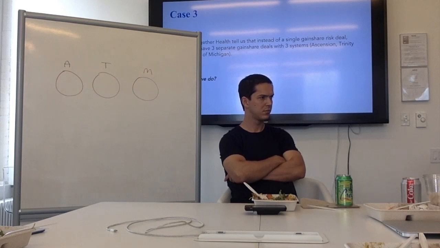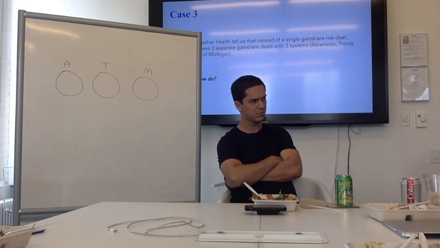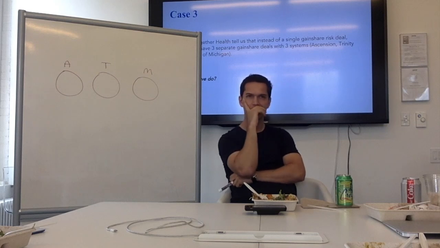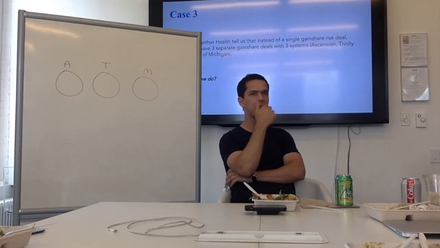So that world is possible unless we do attribution properly, which I still think you can get to the right gain share as long as you set it properly for what it would look like if most of the expensive members go to Michigan. Are we assuming the MLR targets are the same across all 3 systems in this hypo? Yeah, let's say they're 85. We can risk adjust the members such that they're comparable.